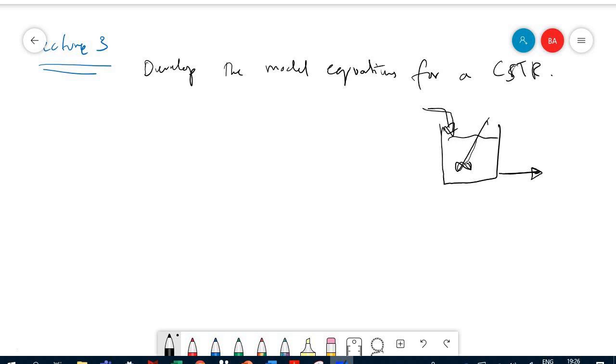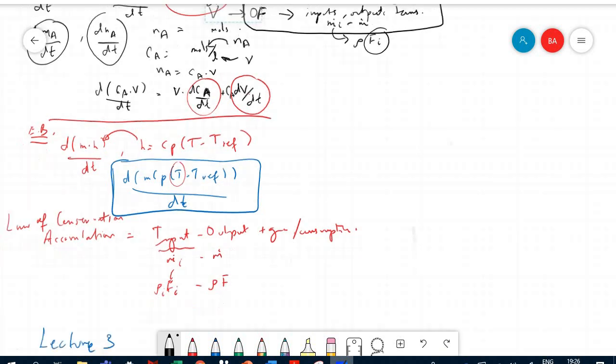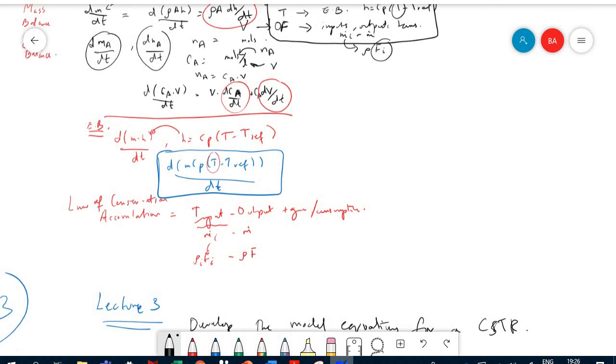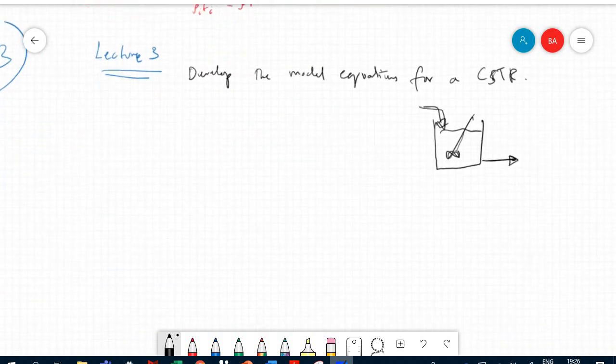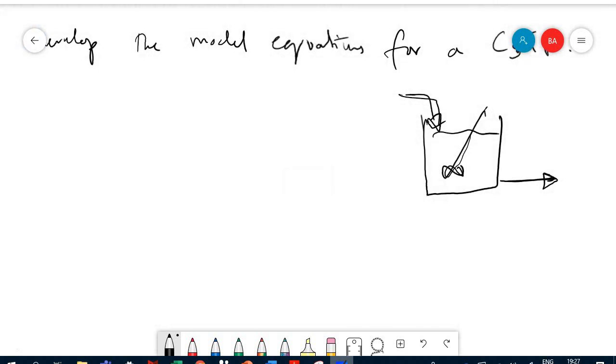So we have a CSTR tank, and for the CSTR tank, it's very important to know how does height change with time. Why? Because we don't want our process to overflow, and we also want to know how do